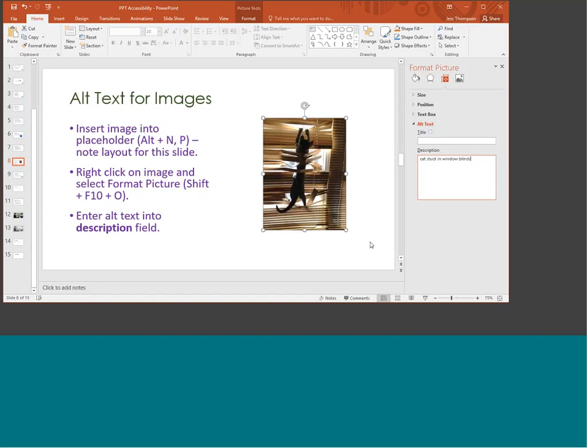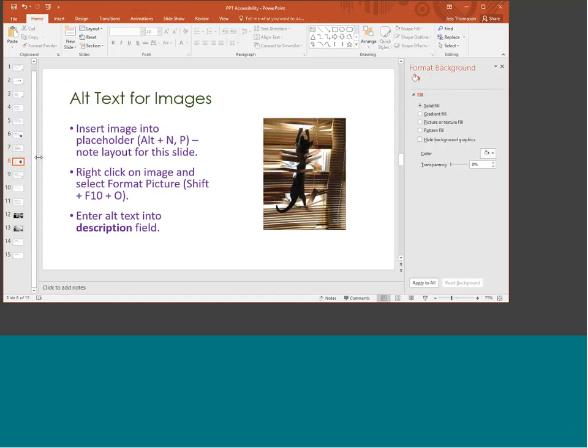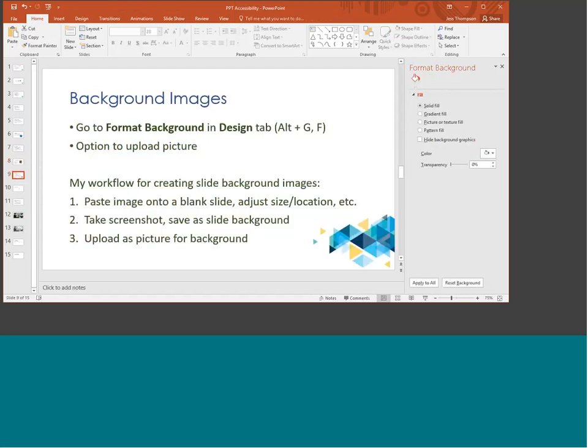And then we've got alt text for that image. So again, same process as in Word. Right-click on the image or Shift F10, and then navigate to Format Picture. And the alt text field is under the Size and Properties tab. So you can keep the alt text short and sweet, and then you're good. I did want to talk a bit about background images because I think that's also one